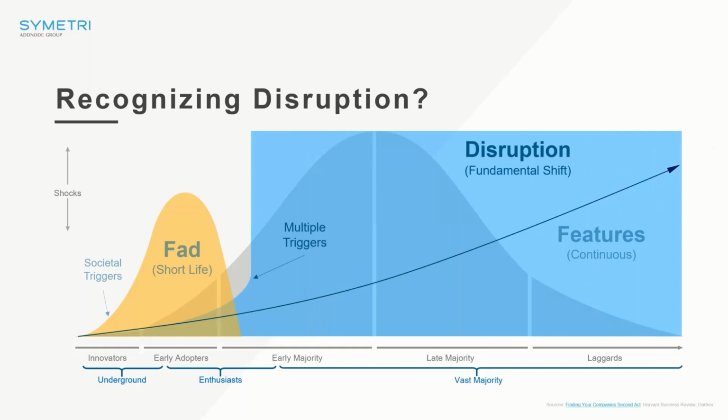True disruption is far more consuming. It has multiple triggers. It could be societal, economic, technologic triggers coming together to make a really big impact that spikes and makes a kind of big, meaningful change to the target market and beyond. And unlike fads, disruption stays until something else disrupts it. So it's a real fundamental shift in behaviors. So an example could be something like streaming replacing broadcast TV, or it could be electric vehicles and mobility as a service replacing the traditional transport industry.